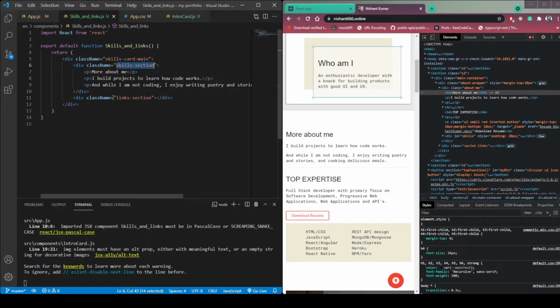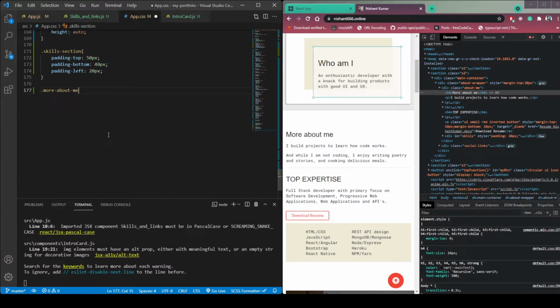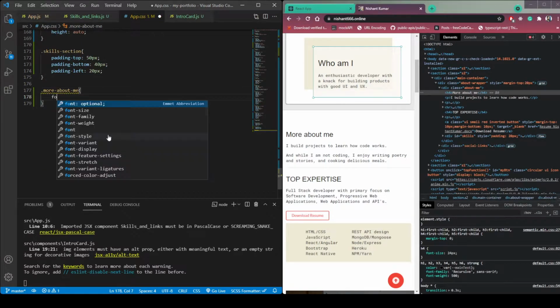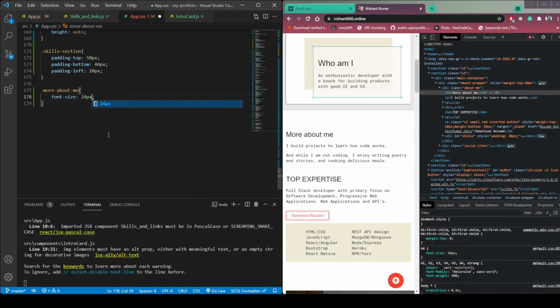So give it a class name of more about me. Copy this. Font size 24px. Then the font family is recursive.